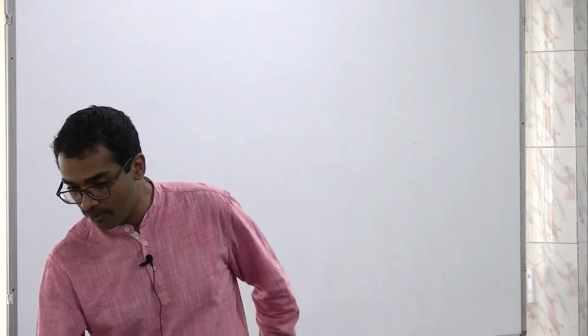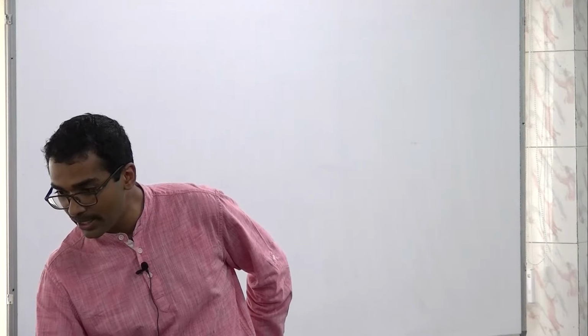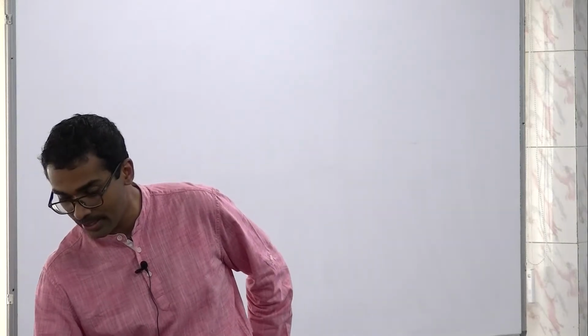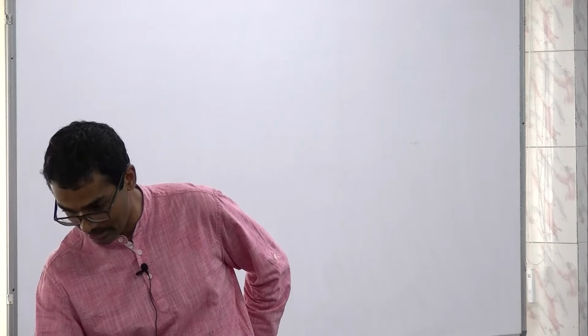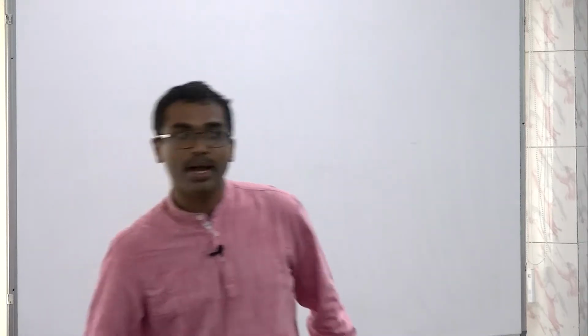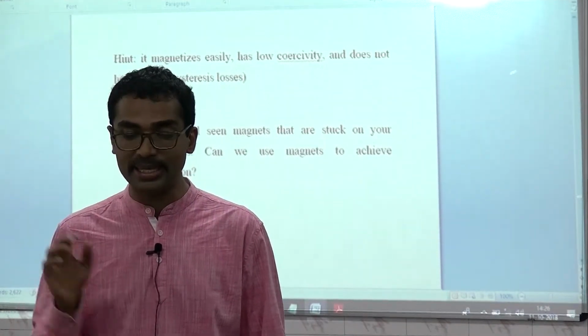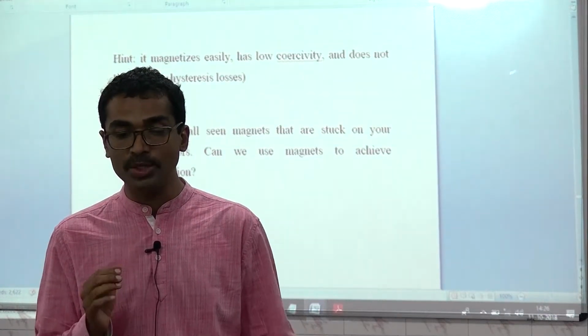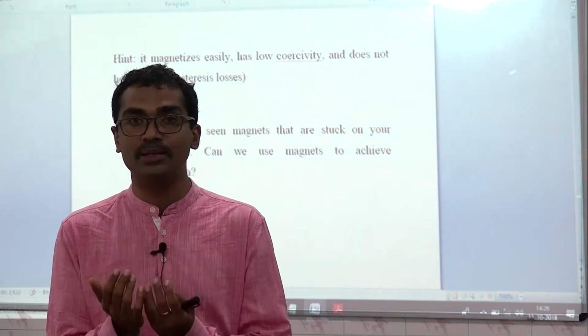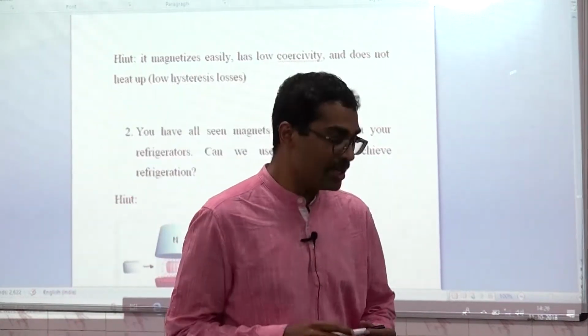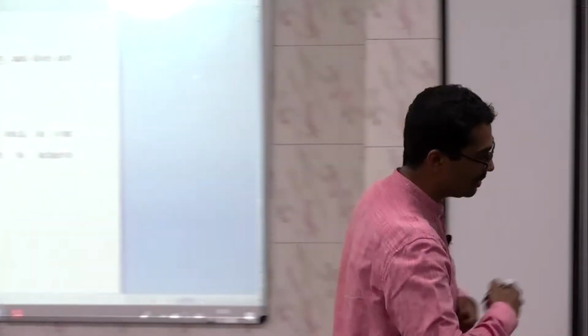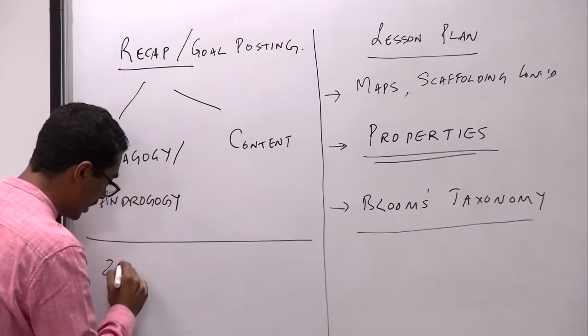So before I go forward, I'll give an example of a learning outcome in this particular course. I will set it out for you right now. The learning objective of the next exercise I am going to ask students to do, and of course I'll give them a recap so that they are comfortable, is to see parallels between various thermodynamic phenomena. That means they should be able to use something like, let us say, the second law of thermodynamics